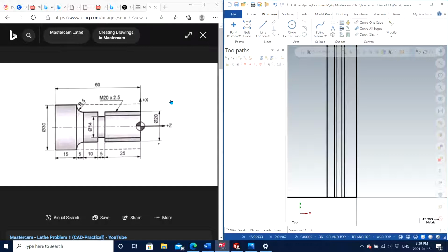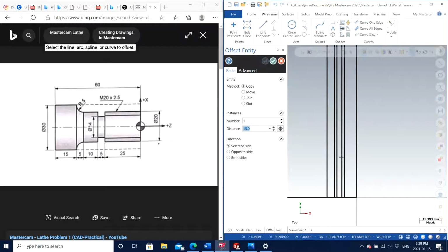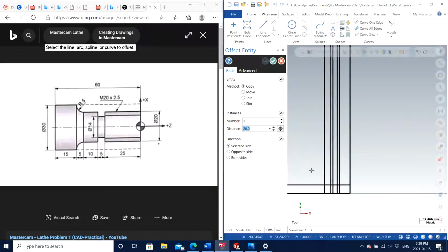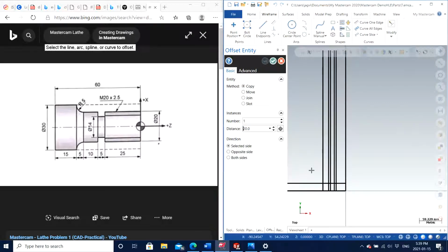So we are going to work with the diameter. It is already given in some drawings. If it's not given, then if it says M20, that stands for the diameter is 20 in metric. So we simply offset from the horizontal axis upwards. The distance is going to be 20 in this case. I enter 20. I still want to keep on doing the same thing again and again, so I just left it open. So similarly, the first line is going to be 20, then we have a dip which is